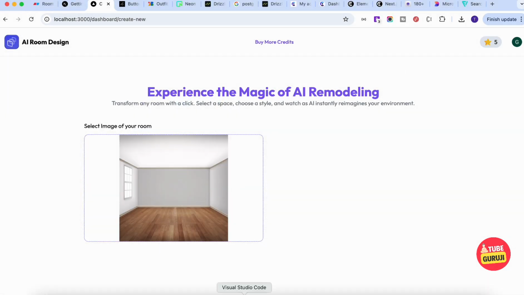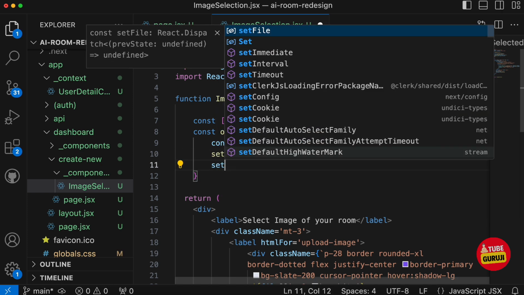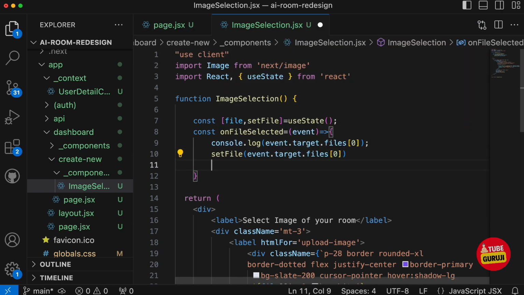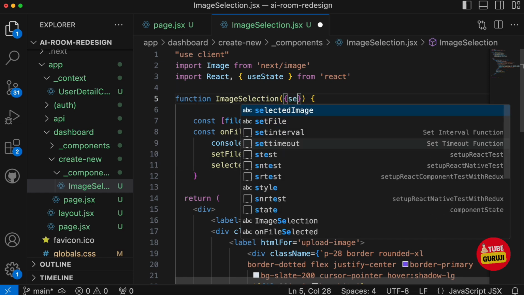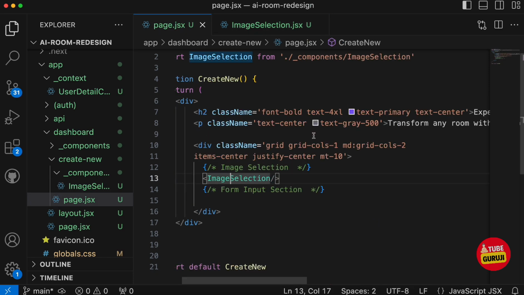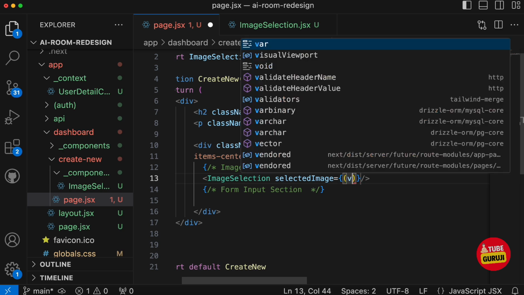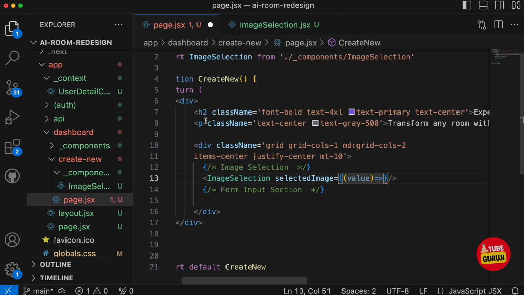Now whenever the user selects the file, we need to send the selected file information to the parent component. Okay, so inside here we'll say set, or we can write selectedImage, and we'll simply pass this particular file information to the parent. So through this prop we can just pass back to the parent component, and here we'll accept it as selectedImage, and which will return the value,